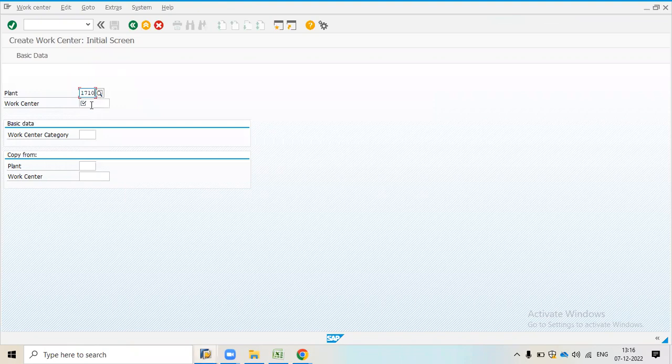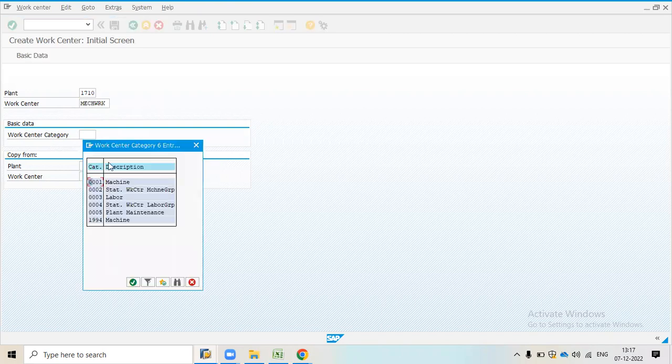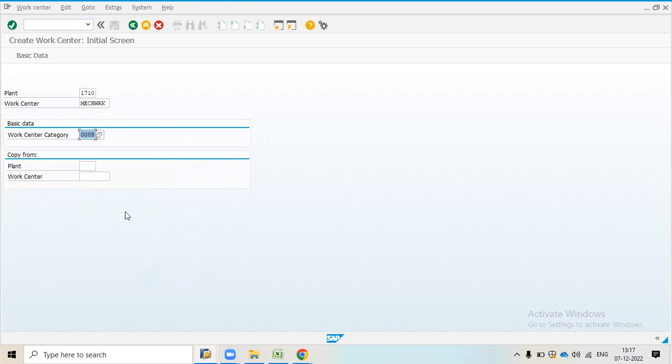Work center I will take as WRK MECH. After that I will select work center category. We can select from here, and always we will take 005 plant maintenance. Okay, so we have maintained all the mandatory fields.